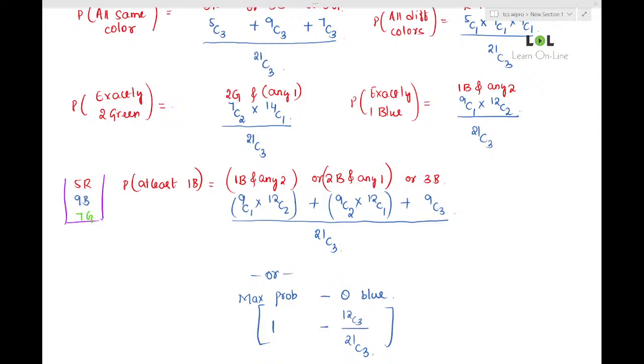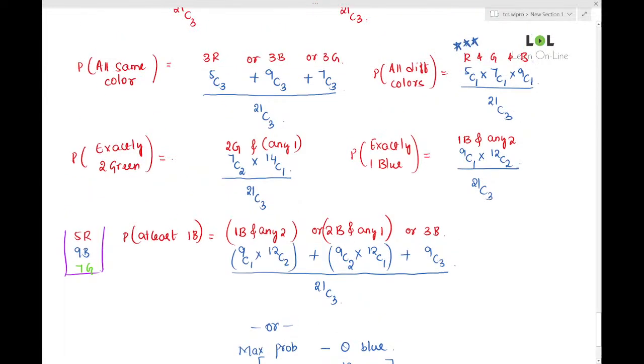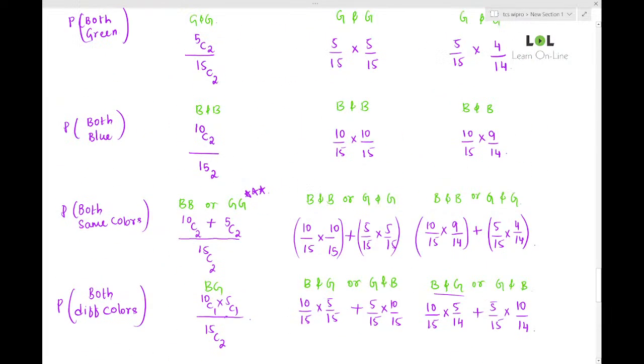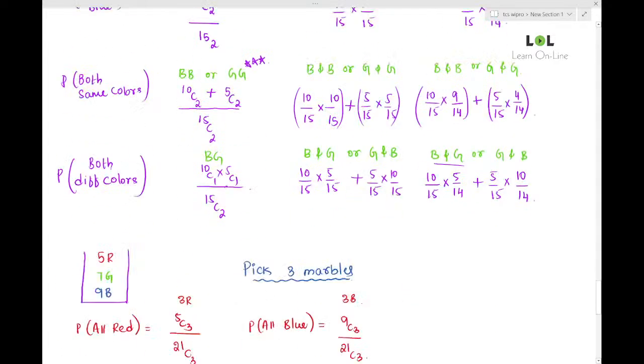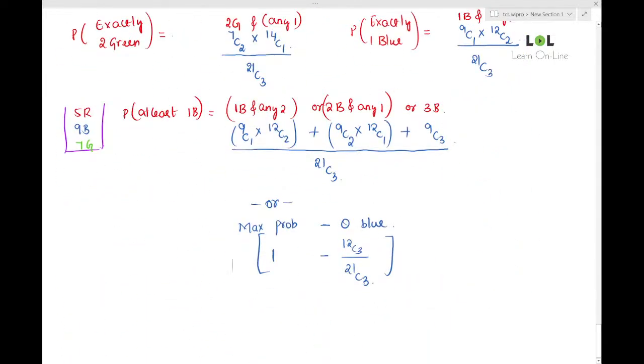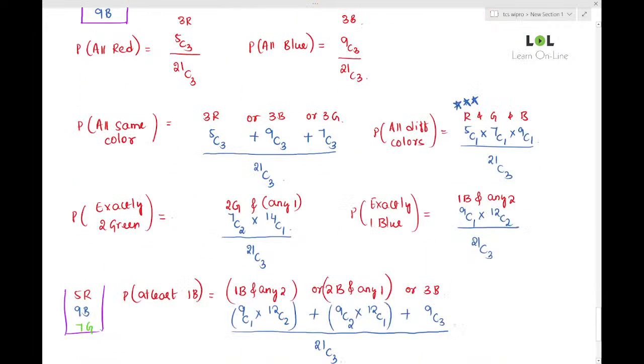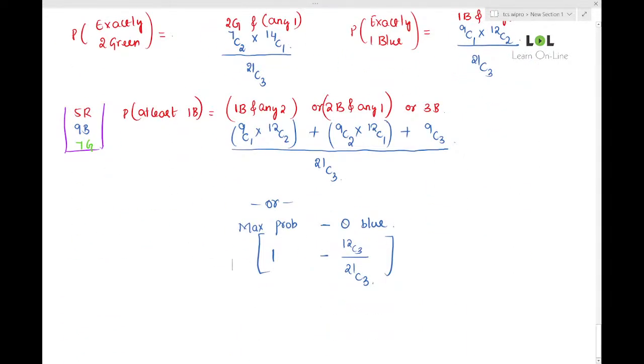So let us start the session, guys. So where are we? Probability, right? This is our third class in probability. We have done two classes earlier. We discussed the probability of marbles. We checked with a single marble, two marbles, as well as three marbles in the previous class. Now we will be discussing another concept, probability of coins. We have done probability of dice, marbles, and probability of odds. So now we will be doing probability of coins.